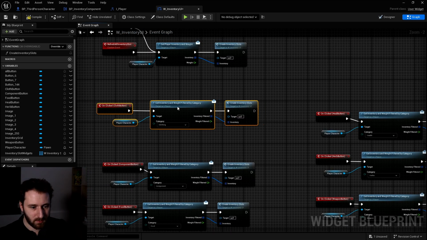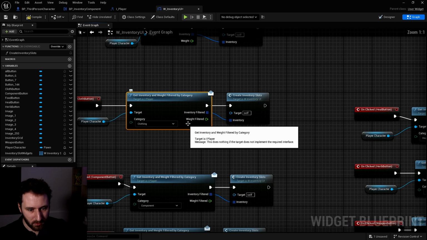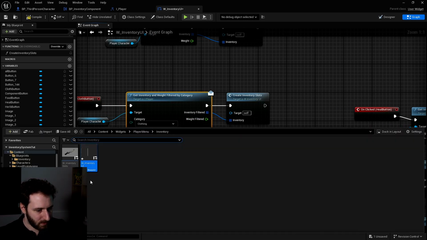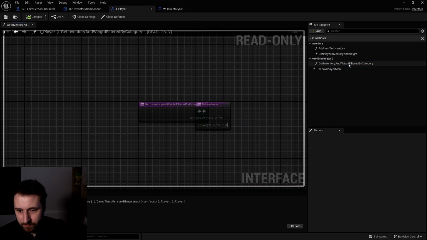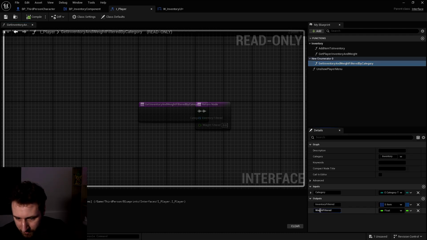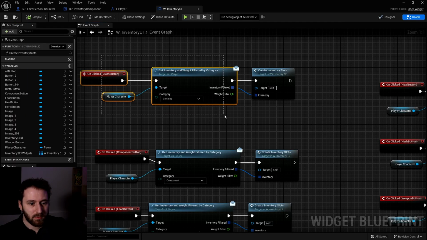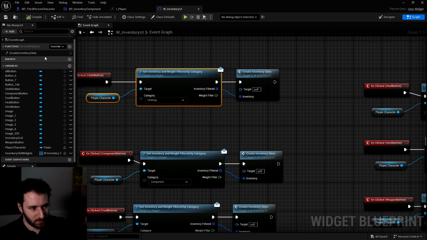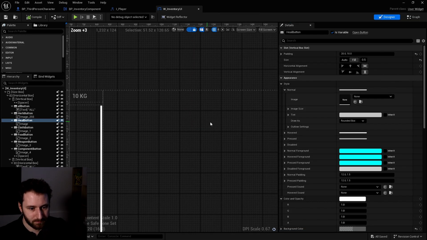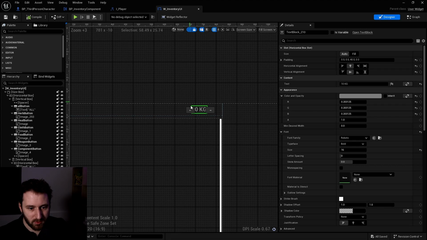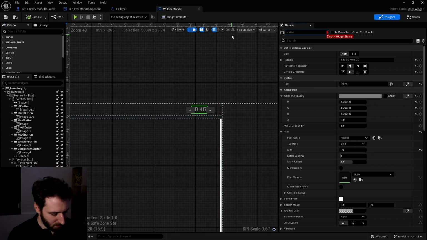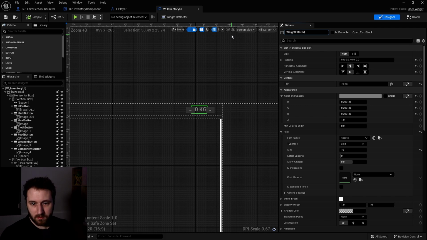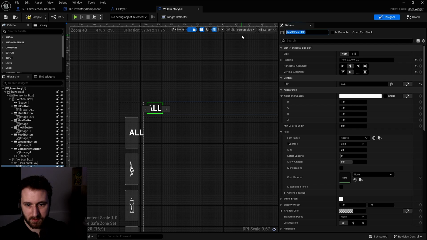We also need to set the weight filtered. I have misspelled it in here. Let's fix it. It's here, the name of the variable. So after we get our inventory filtered and so on, we need to set this little text to be the actual weight that we have. So we'll change the name, it will be weight filtered text. We make this a variable, and this will also change to be the category text.